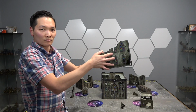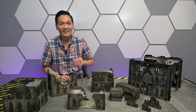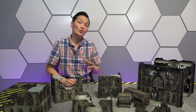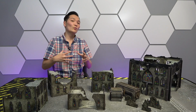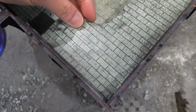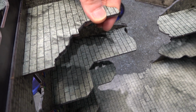Quality-wise, you won't see me doing any drop tests or anything like that, but durability is definitely a factor when it comes to terrain. Can it stand up to packing and storing? Can it be moved around where pieces don't break easily? Those are two very important questions, and yes, this set is not only well built, but the surface areas don't seem to scratch easily, considering the design is printed and somehow adhered onto the wood, and there's no indication of